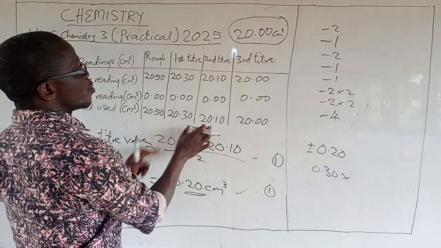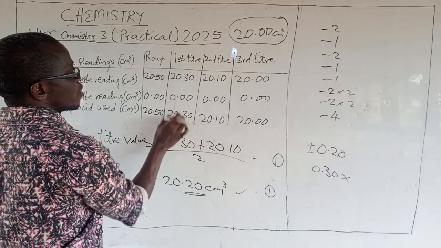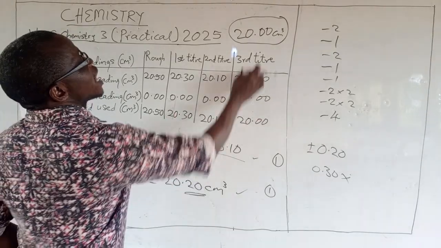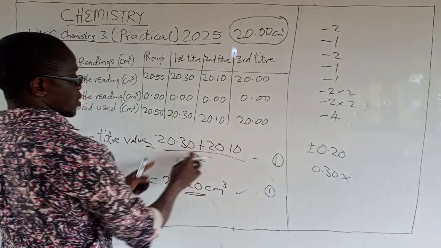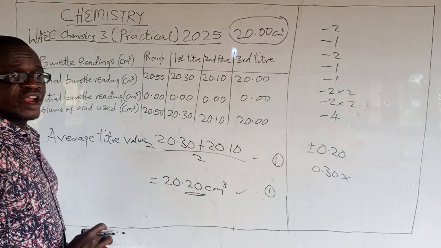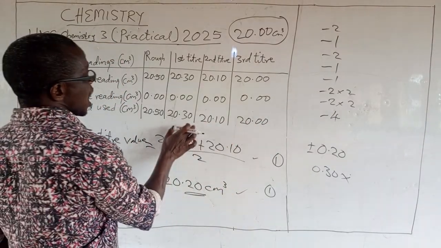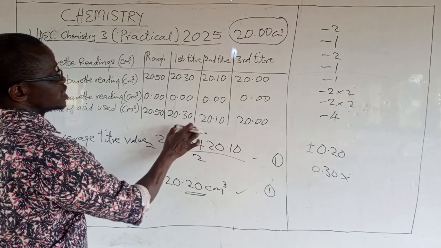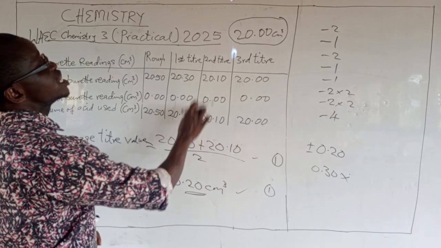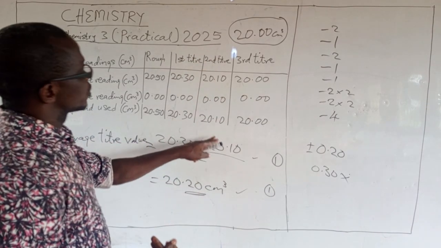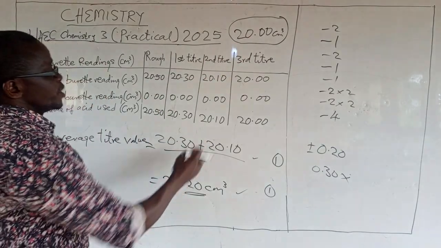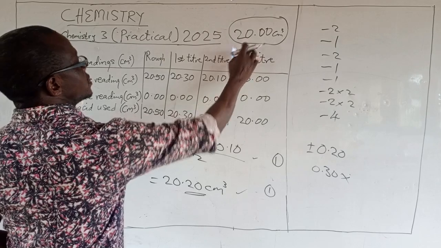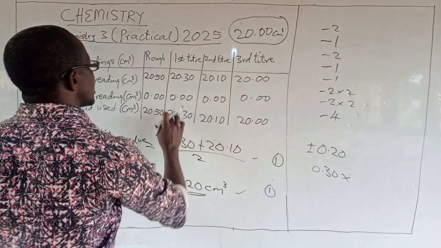Each set that he will mark is supposed to carry 4 marks. 4 marks here, 4 marks here. This and this are the same. But he will not mark this one, give you that 4 marks, because you are not using it in the averaging. So the one that averaging is carrying is the one he will mark. Now, looking at this, check the difference between this and this.